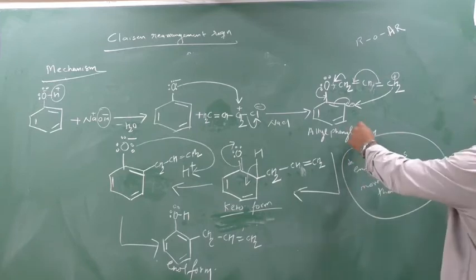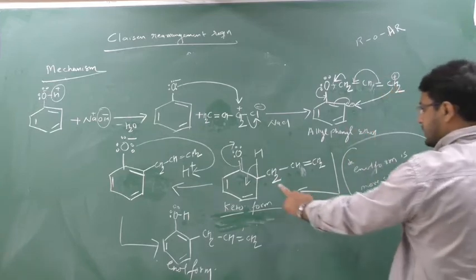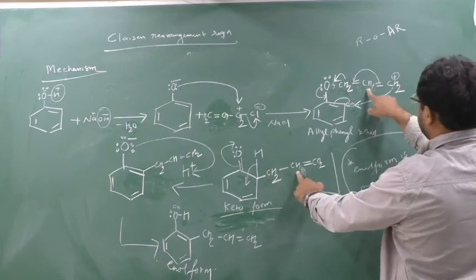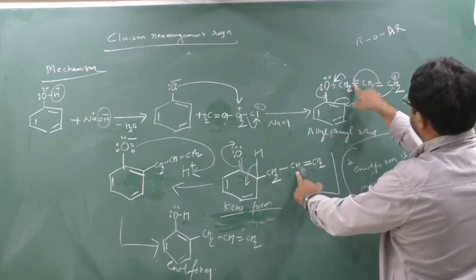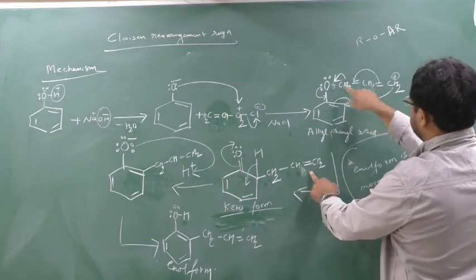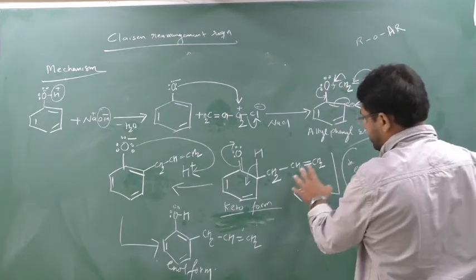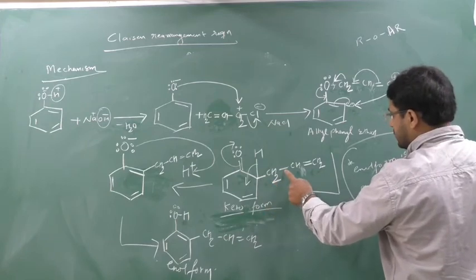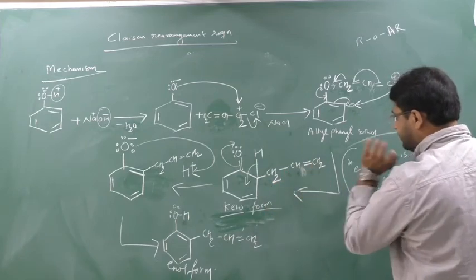If the pi bond shifts there, what will happen? What is the change? This CH2 plus will attach here. The double bond is converted into a single bond. There is CH. Now CH is making a double bond with this CH2 because this pi bond shifts and CH2 will break this. So here CH2. Count each and every valency, it will be satisfied. See this carbon: 1, 2, 3, 4. 1, 2, 3, 4. 1, 2, 3, 4.